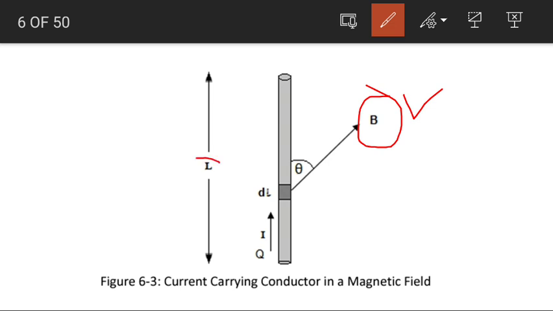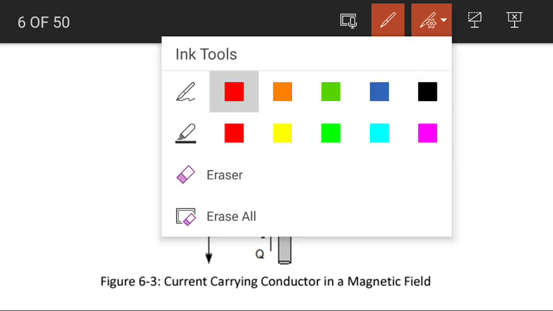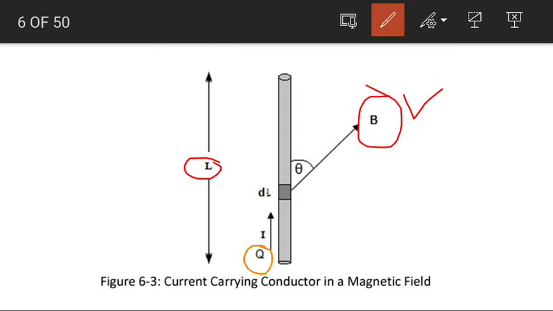The length of the conductor is L. The current in the conductor is I. So there is a current in the conductor. This current carrying conductor is located in a uniform magnetic field. Definitely this current carrying conductor will experience some force. Well, we know that the current in this conductor is due to the motion of the free charge inside this particular conductor. We assume that the free charge, which is in motion